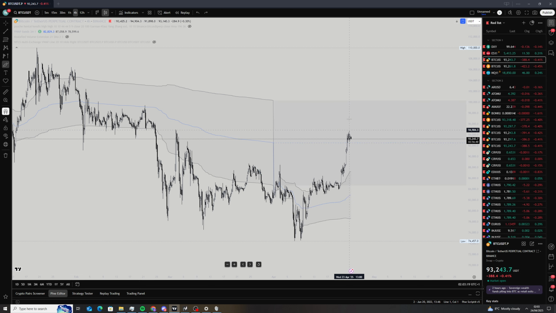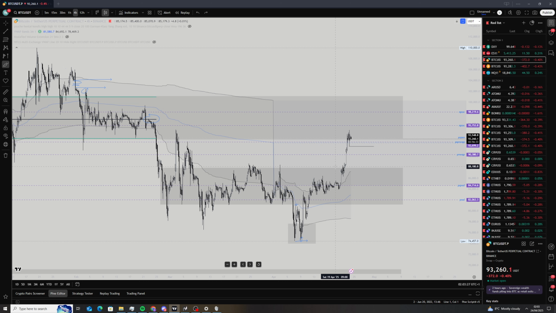But you also want to play this level to level because this was a 20K range, nearly $30,000 range. What I mean by level to level here is once you reaccept into the value area low here, you have a couple levels. You have your value area high of that range that you're forming, and then you have your yearly VWAP here. Then above that, you have this overlapping POI here at the 93, 94K level. So this was the previous quarterly VWAP and the yearly open and the previous